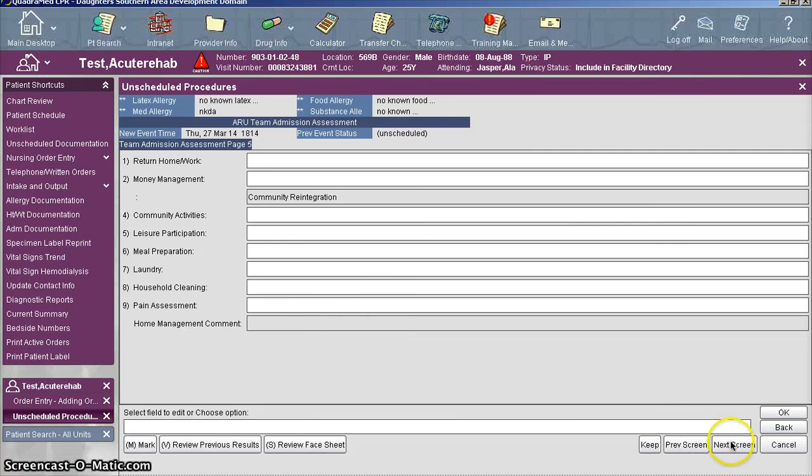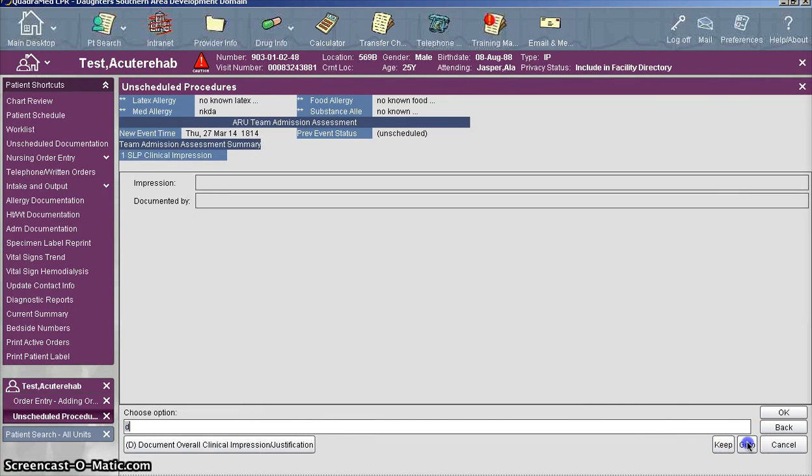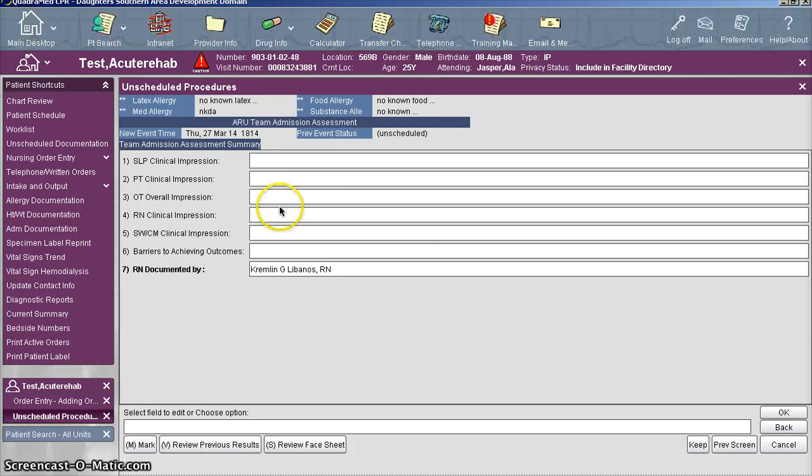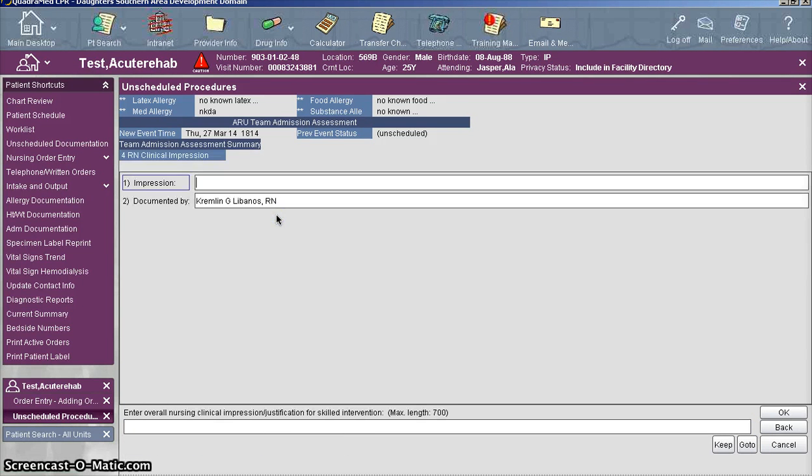After that, you go ahead and go to page 6, which is the RN clinical impression. In this area, you have to write a short narrative regarding the patient. You may write, or you might type, alert and oriented times 4, denies or complains of pain at certain site. Patient is continent of both bowel and bladder. Once you're done documenting,